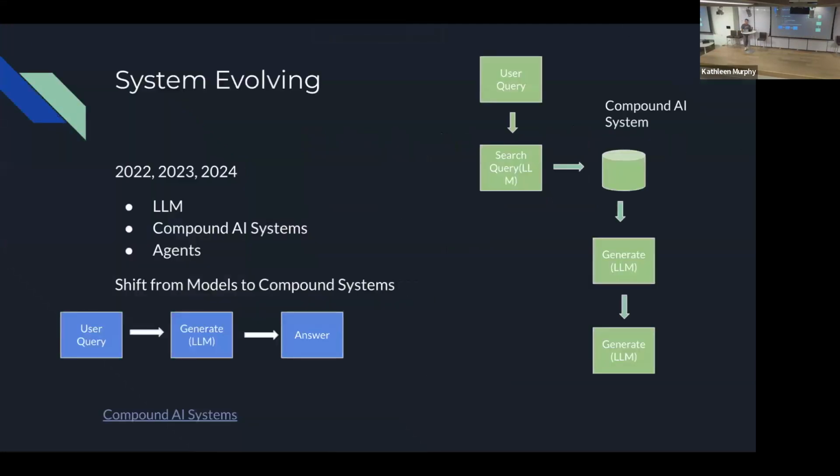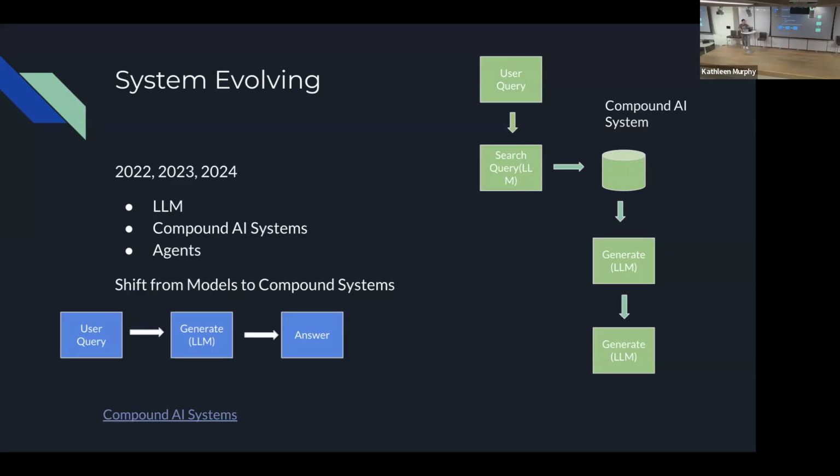So let's see how the whole computer system, anything related to the ML system, has evolved. The whole large language model era started in 2022, and then until the end of last year and the beginning of this year, we saw ChatGPT, which made large language models even more popular.